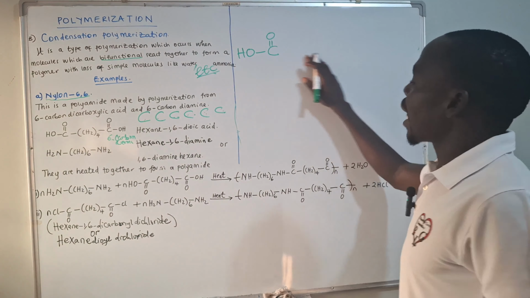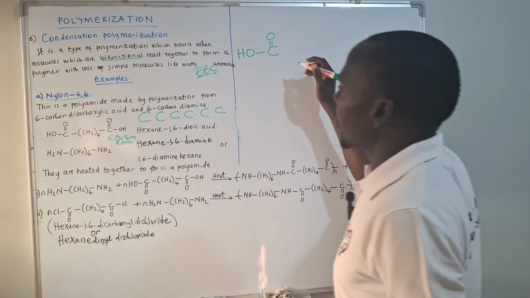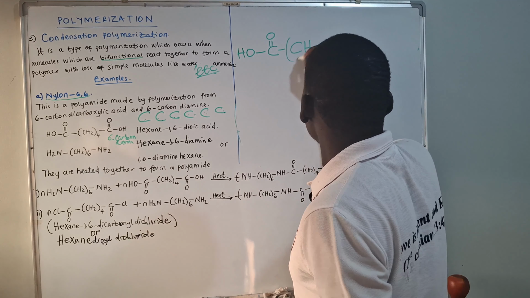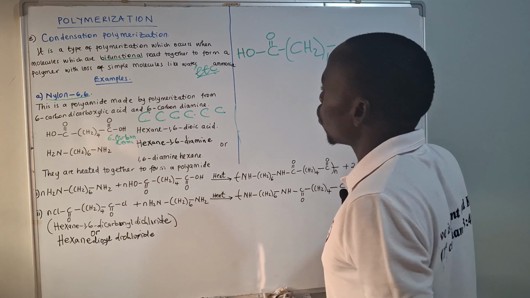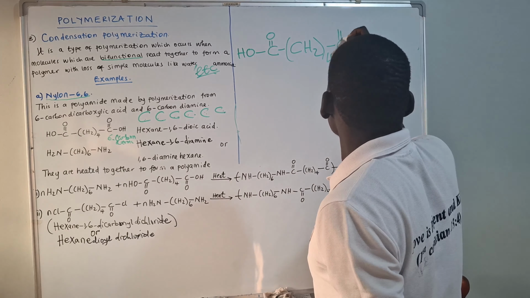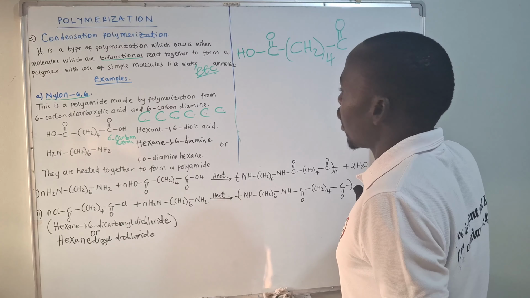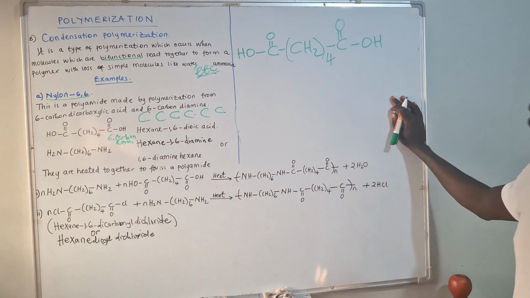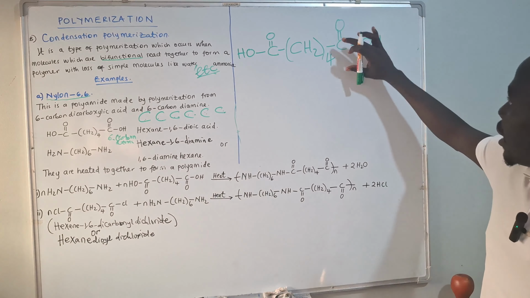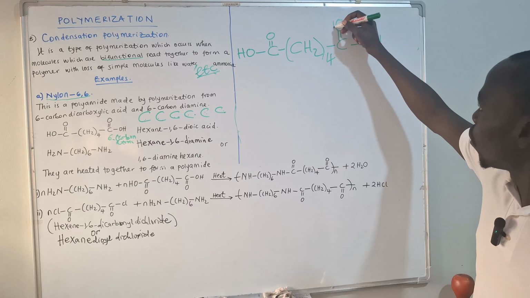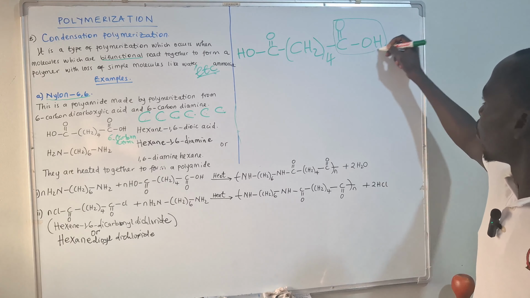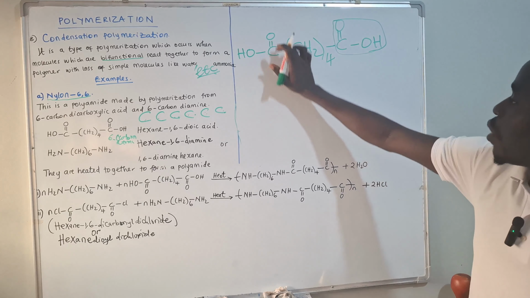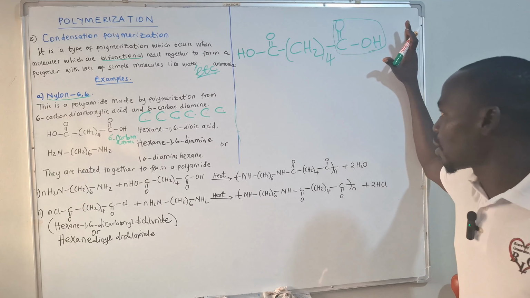And we say there are 6 carbon atoms here. But let's just attach it like this, and we say CH2. Of course, this bracket, and we put 2. Then we shall have something like this. Then we have the OH here. So if you are critical enough, this part alone is the functional group for what we call the carboxylic acids or the alkanoic acids. This part also is the same as this.